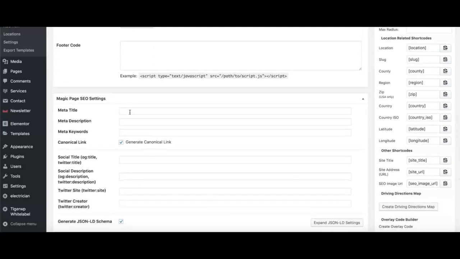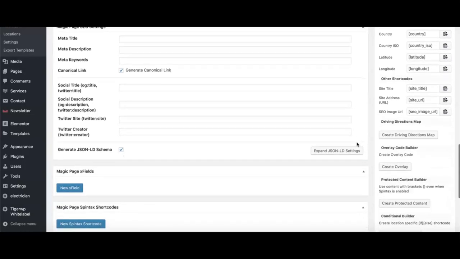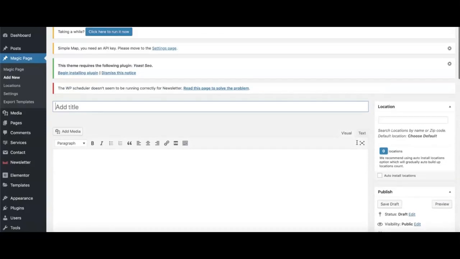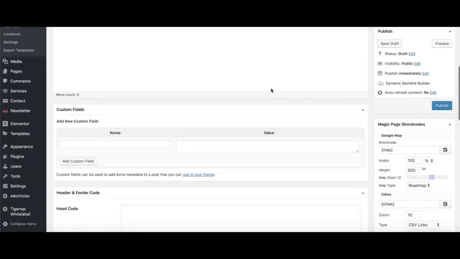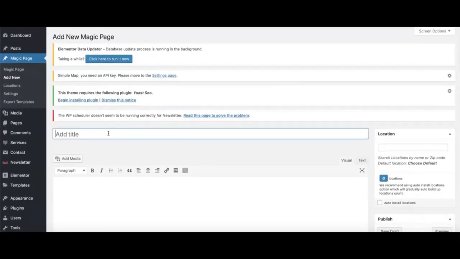So if you create a site title here, you can then use it as a shortcode anywhere throughout the page. Same with this site address, got your URL there, that's just going to pull in your URL. There's going to be full training on this, you don't need to see it all today, and I'm just going to very quickly put a site together for you. So first thing we want to do is title this page.